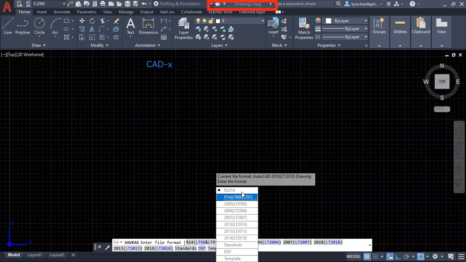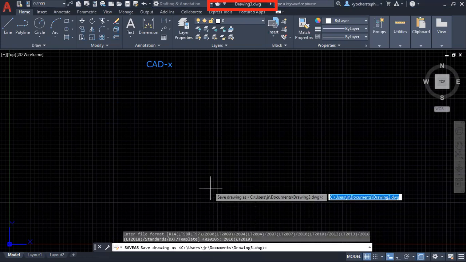Now we currently have R2010, we have 2000, LT 2000, in bracket we have 2004, and so on. I could just select 2010 for instance, and anyone using AutoCAD 2010 and below can view this drawing from anywhere in the world. So I click here now, I've selected the year of the AutoCAD I wanted to adopt,